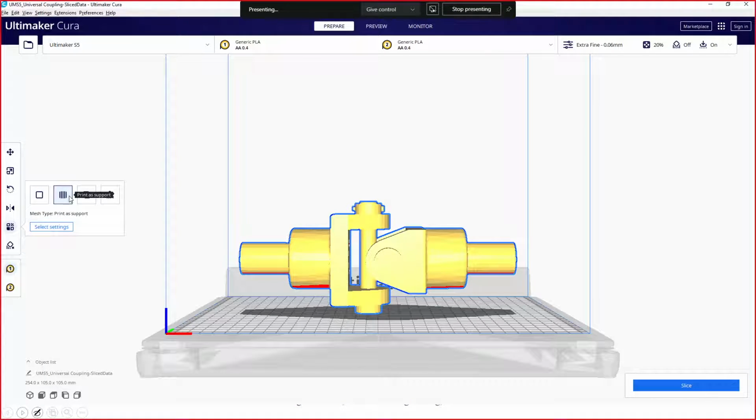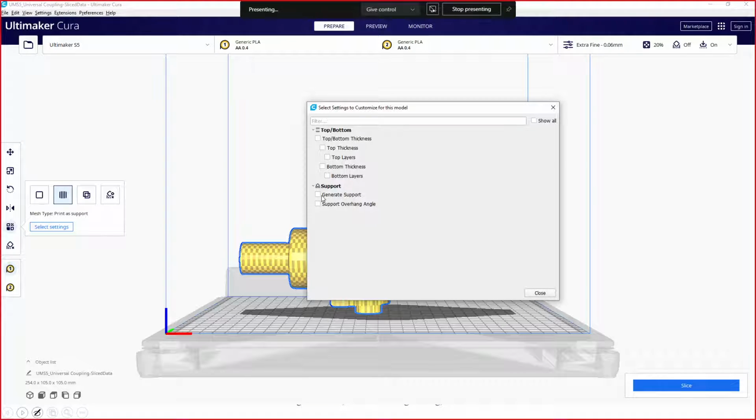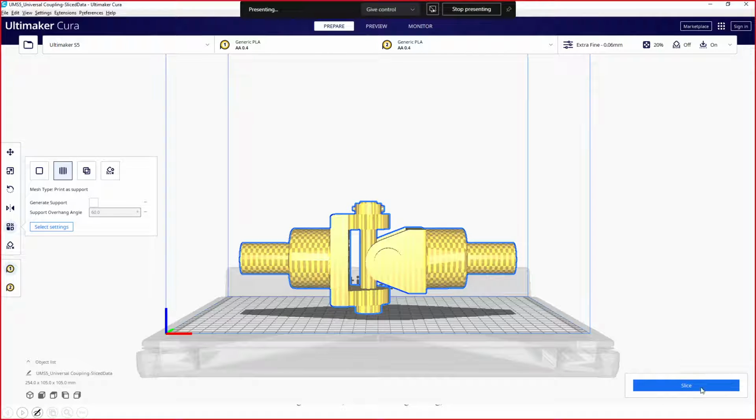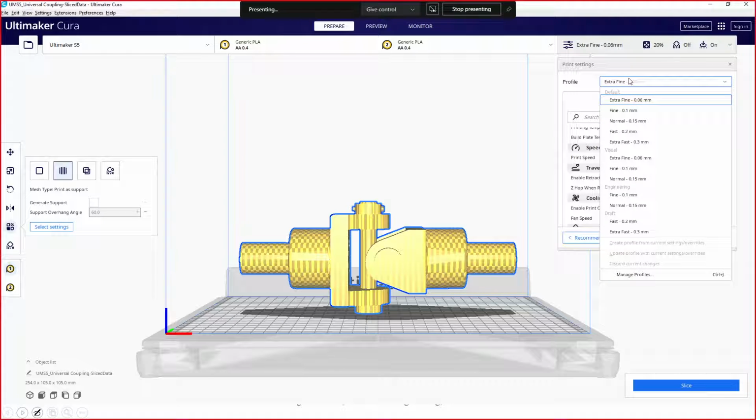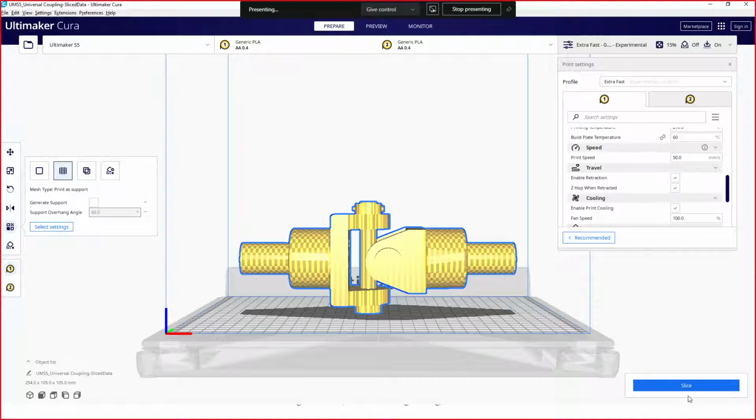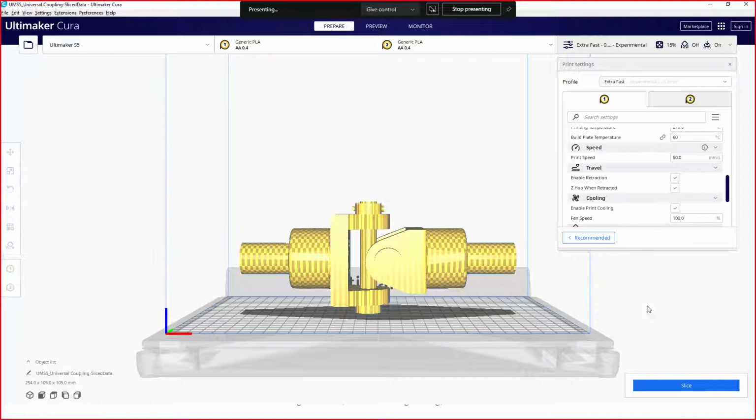So let me print it with support. Select setting, generate support, overhanging portion. Yeah, slice, cancel slice. Let me change some setting, make it thicker, like 0.3 mm, so that we can,